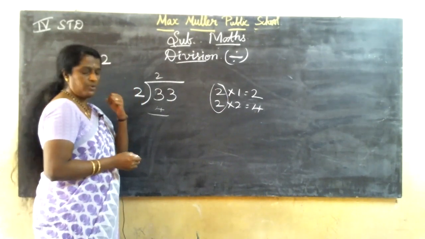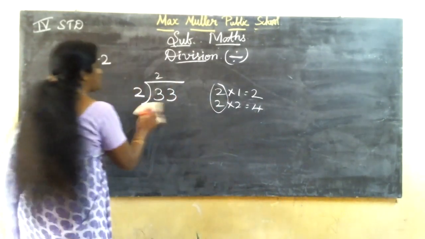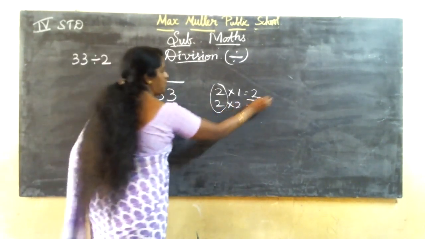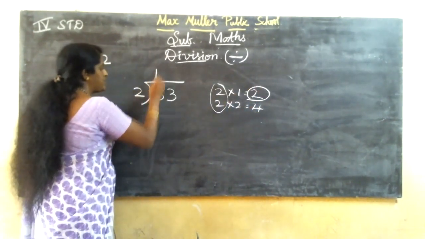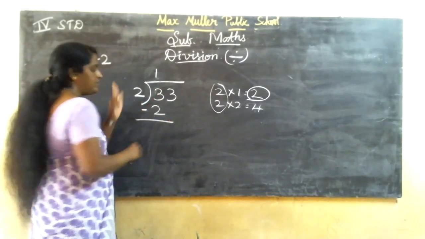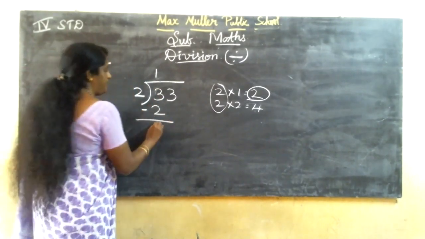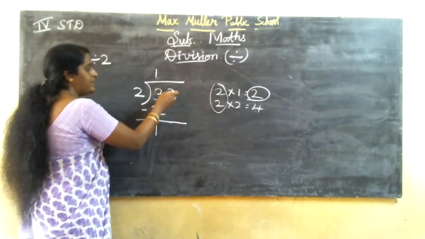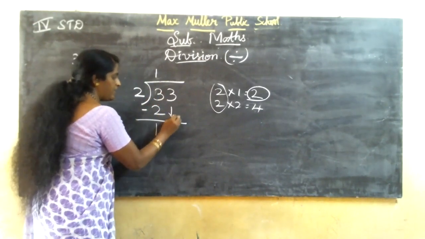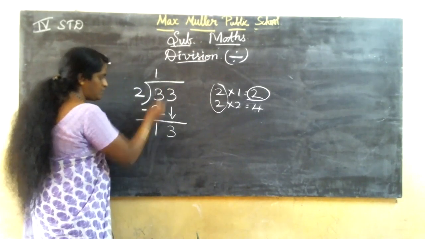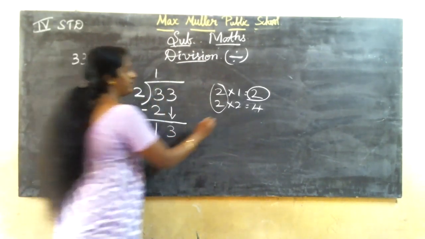3 minus 4, you can't cut. So what you should do? You should go for the nearest number. So nearest number means this only. So 2 ones are 2. This straight only you should write minus. 3 minus 2, 1. What you should do here? First you should do for one number. Next you should take it down. Second number, bring down 3. This straight only you should bring. This you should do straight only. So 13.